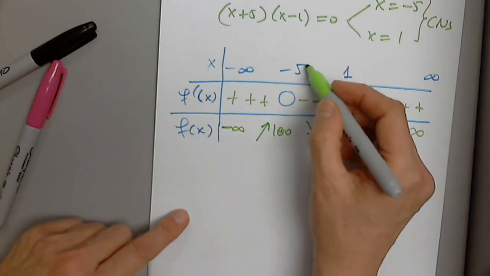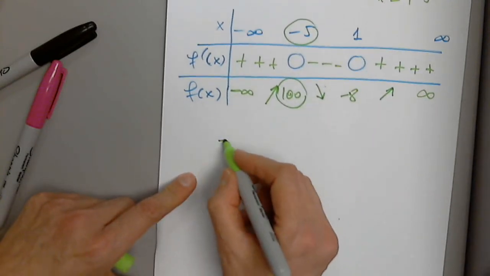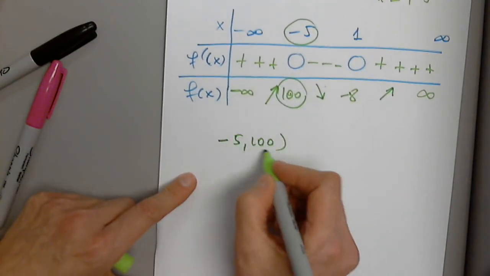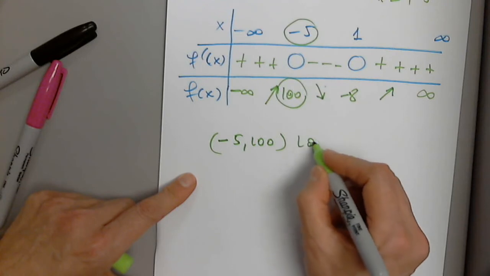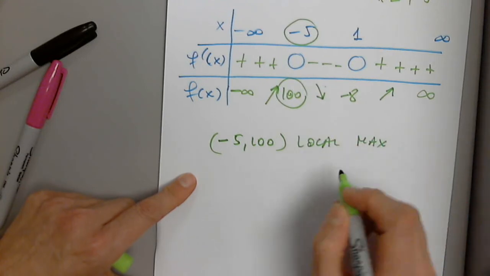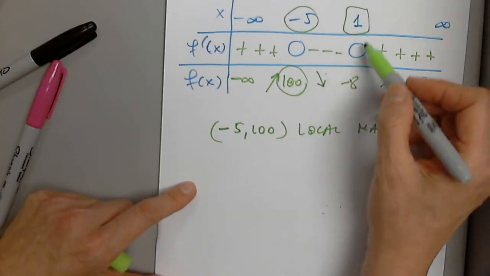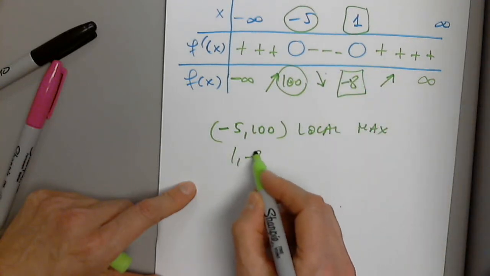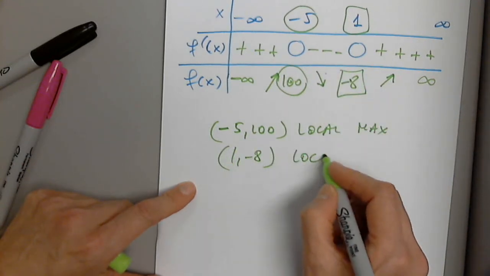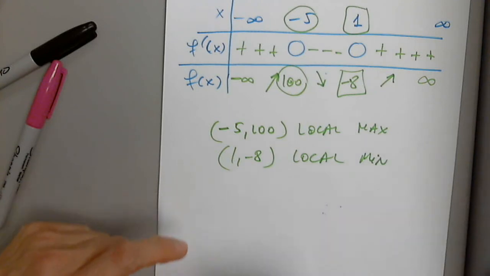So what do we conclude about this point? What will you say about -5, 100? Increasing, positive. Local max. What will you say about the point 1, -8? Definitely a local min. So this is what this chapter is all about, meaning